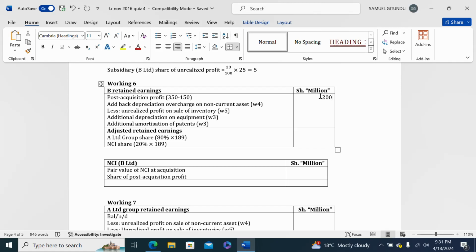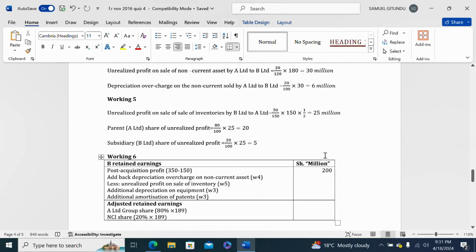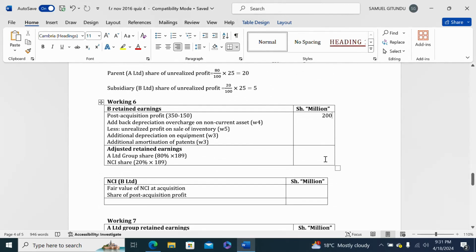Then we add back the depreciation overcharge on non-current asset in the working note number 4. The depreciation overcharge on the non-current asset is 6 million. Remember,